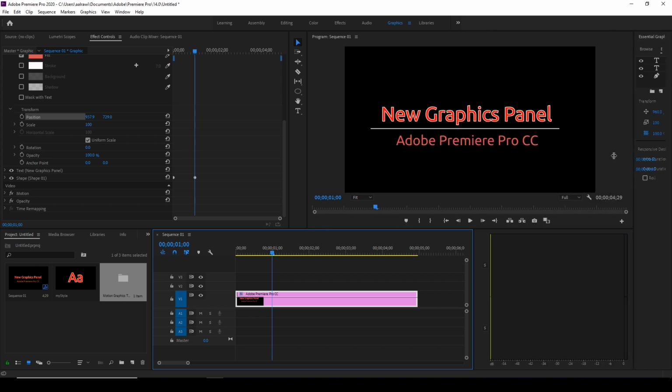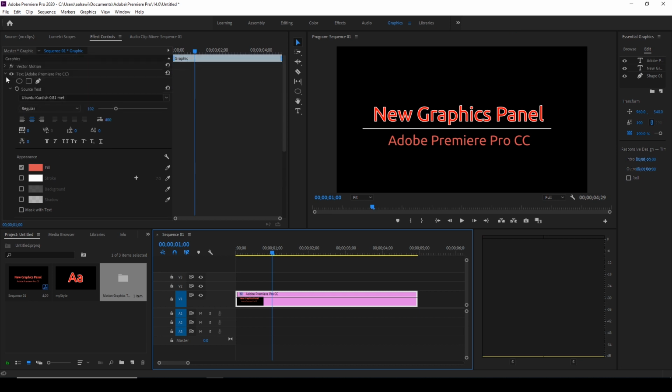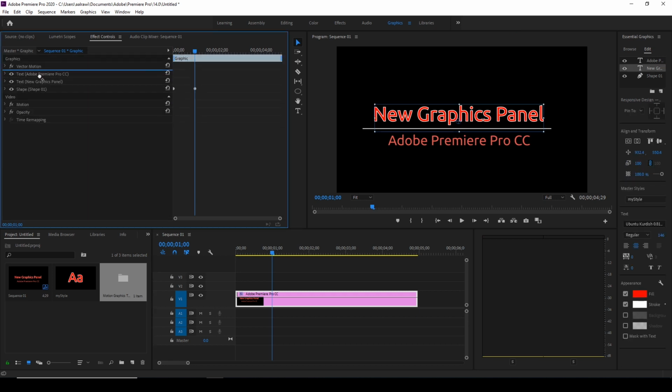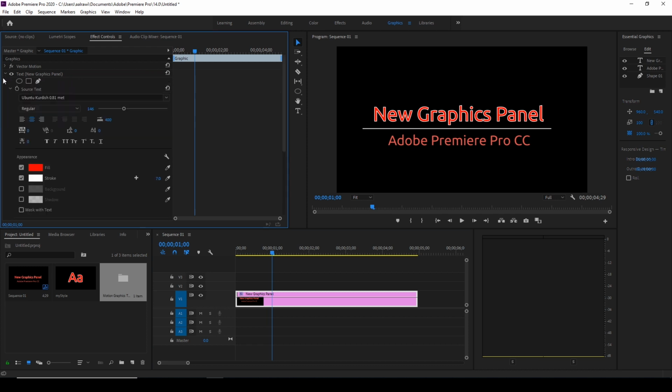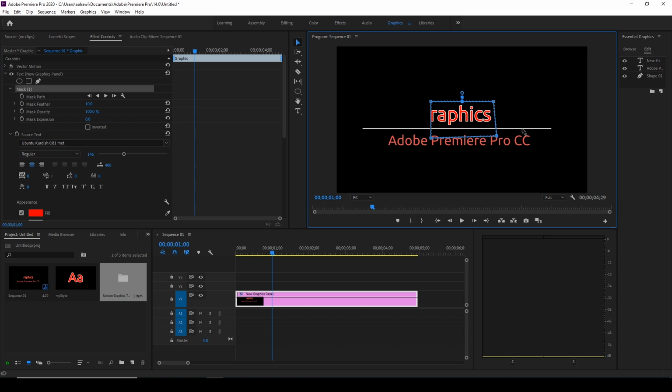Again, I'm going to make it a little bit bigger, and then let's start with this layer, basically, the graphics panel, the top one. I will add a mask, and now let's just add the mask like this. It's going to be covering everything. Okay, it doesn't have to be that big. You can just make it near to the end. But anyway,